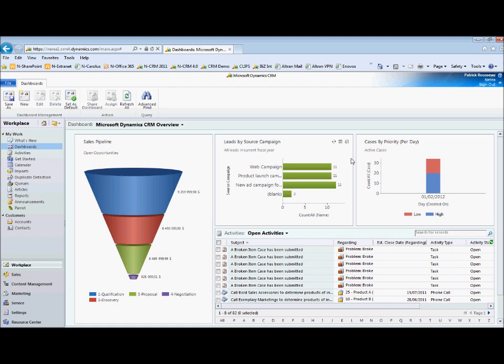And everything would always be available in one place, meaning that all the information that you have entered is accessible not only through dashboard,